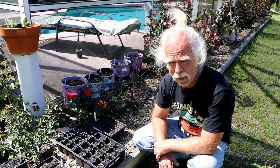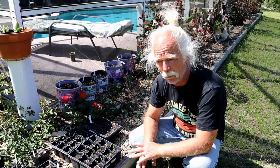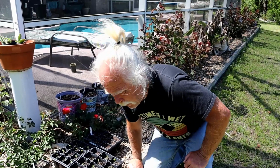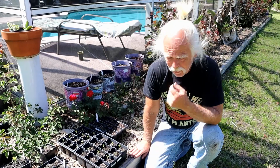All right, so that's what I've got. Again, keep an eye on the forecast. I think at 36 degrees we should be fine, and I won't cover anything. If it goes below that, if the forecast starts calling for lower than that, or if you're in an area that's further inland from where I'm at, I'm here on the north side of Jacksonville, right next to 95, so we're kind of at that median temperature. When they forecast for Jacksonville, the city, it usually is about the same as here, all up and down 95 in this area. So if you're further inland, like out in the Cecil Field area